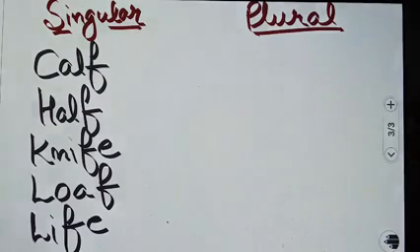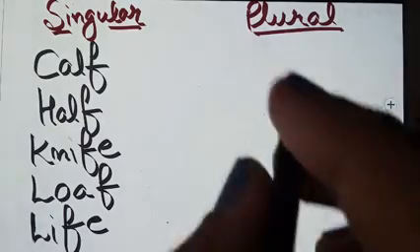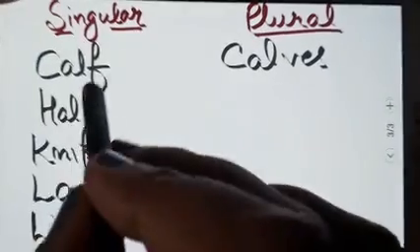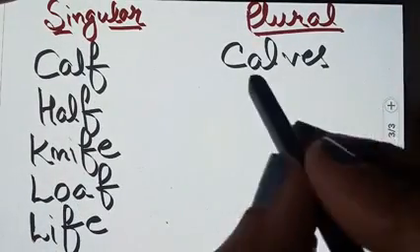Now students, you can see a few more words here, and these are ending with F, FE, LF. So if you find any singular word which is having F, FE, LF, like that, these kinds of examples I'm giving you here, at the end, so when you have to change them into plural, you will use ES along with them, and V will be used to make them plural. So how will you do that? See here, calf will convert into calves. For making that plural, we remove F and we use V plus ES, calves.